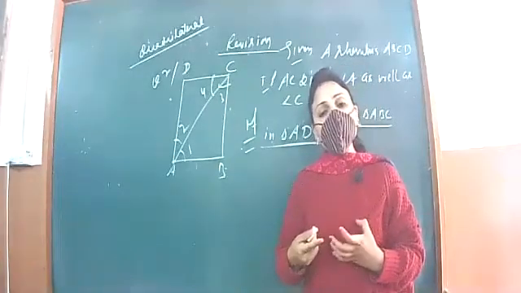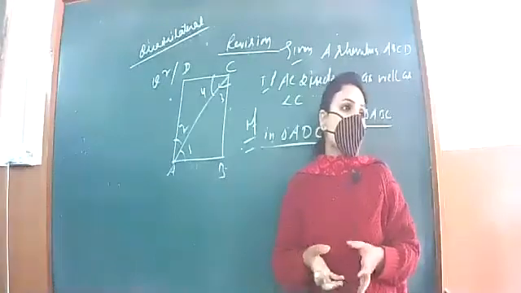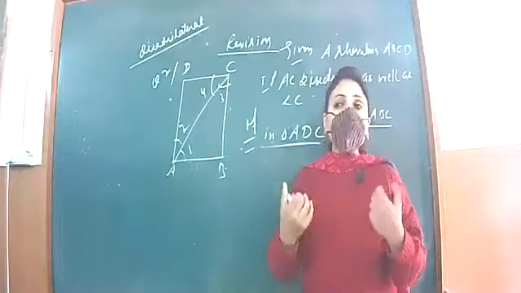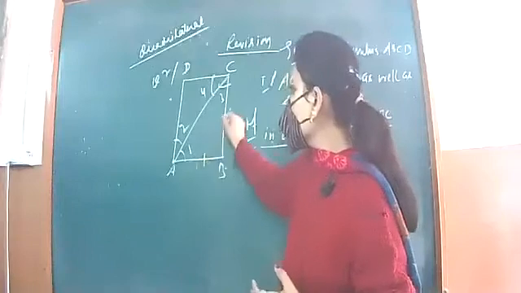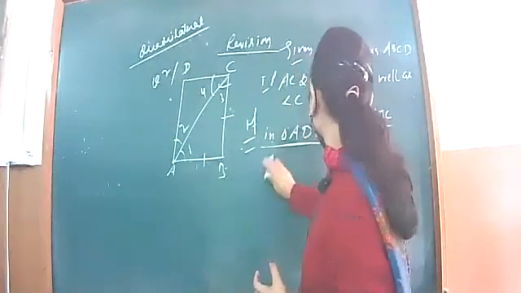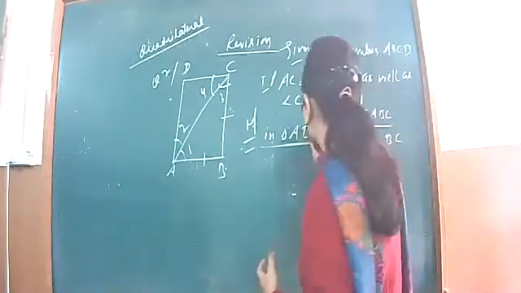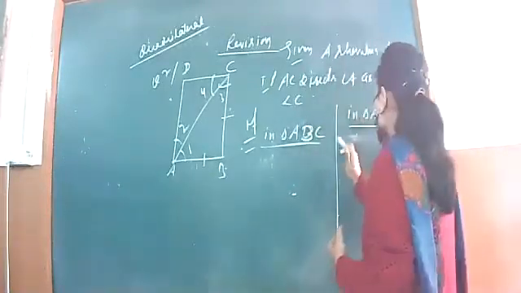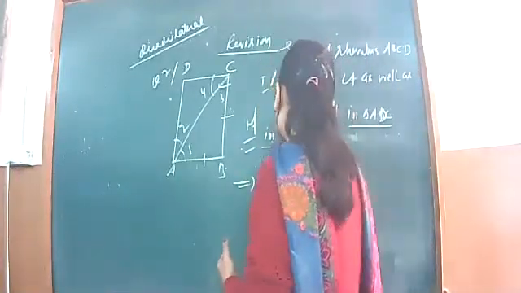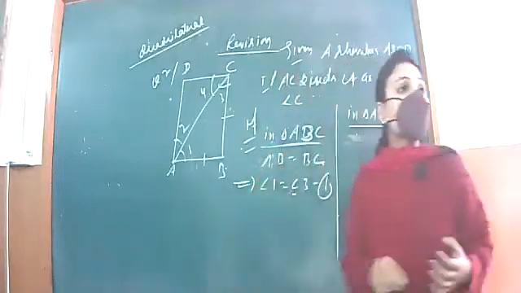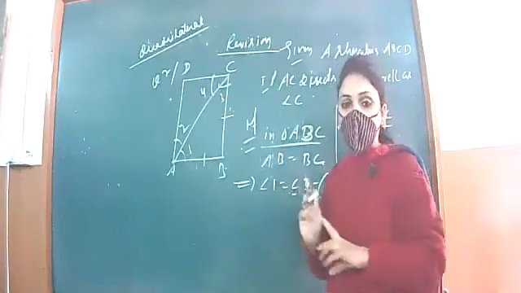Why am I choosing this method? Because my target is to reach angles, so I have to use some theorem through which I can come to the angles. In this triangle, as it is a rhombus, all sides are equal, therefore AB is equal to BC. So first AB equal to BC, I have to write ABC first. Here AB is equal to BC, so this implies angle 1 is equal to angle 3. Reason being angles opposite to the equal sides are equal. So we have 1 is equal to 3.